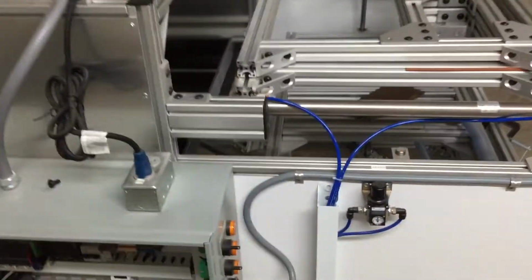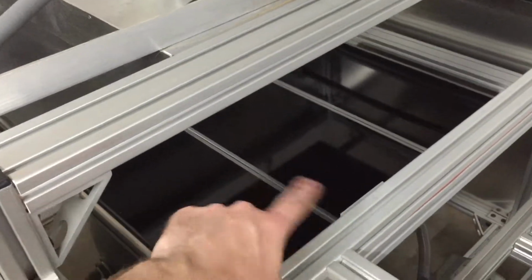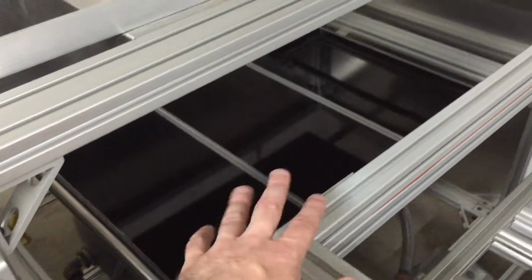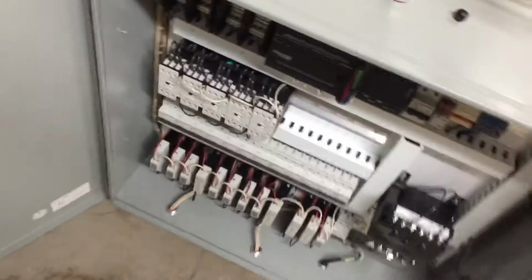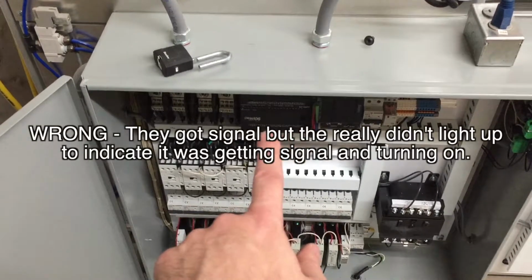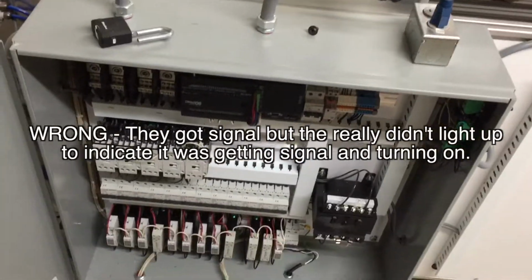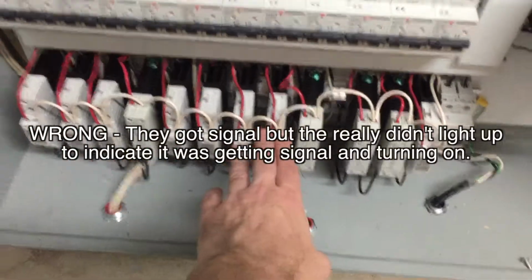Then the other problem we had is, after a while we started noticing we have 12 zones. Each panel here represents 2 zones. We started noticing dropouts, failures in some of the heating elements. And through my own testing, I figured out it was these solid state relays down here were not getting any signal from the PLC. And once again, I got on the phone with Simon, and he got us some new solid